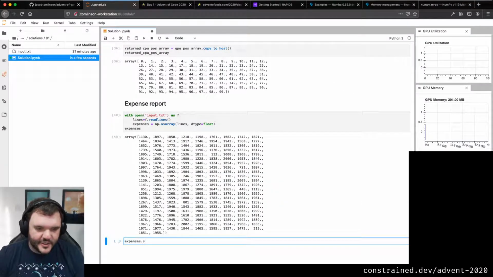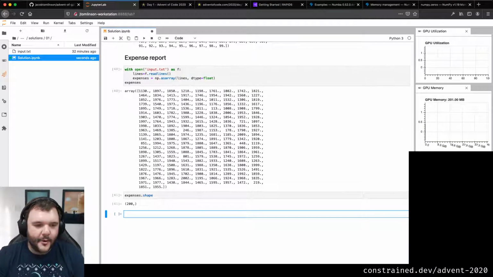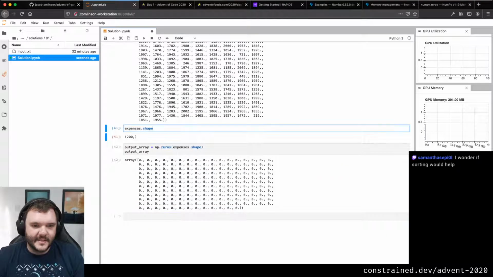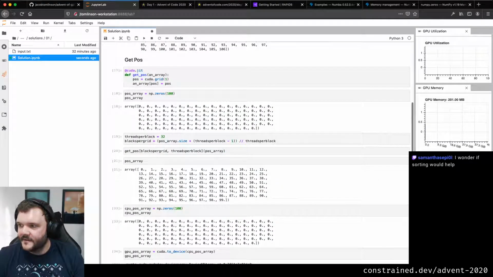If I do expenses.shape, it's giving me 200. So if I then have my output array equals np.zeros expenses.shape, it's going to give me an output array that's the same shape as the input array. So I now have expenses and I have output array, and now I'm going to write some stuff.